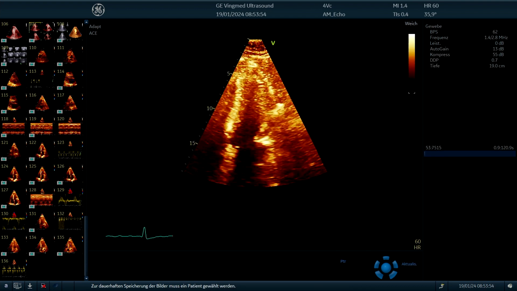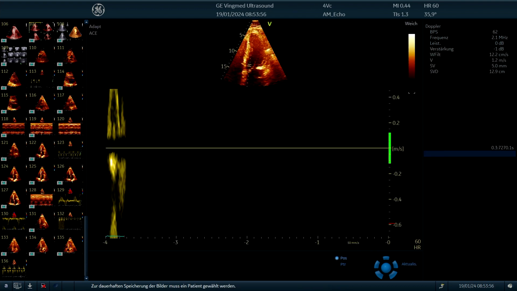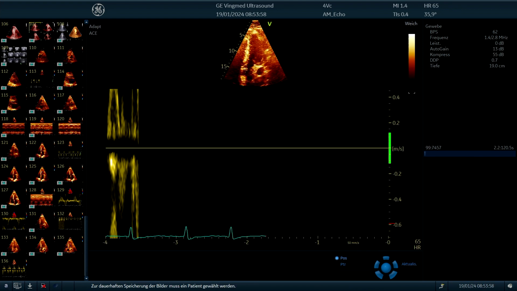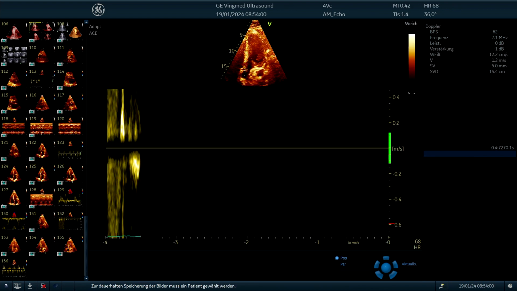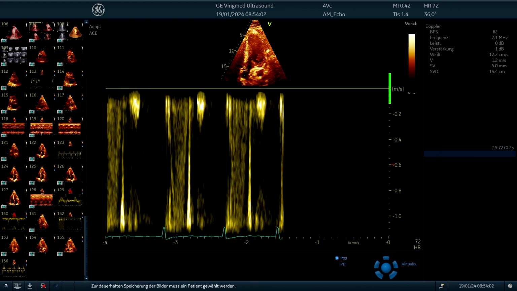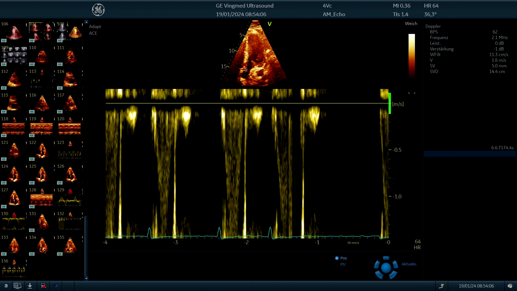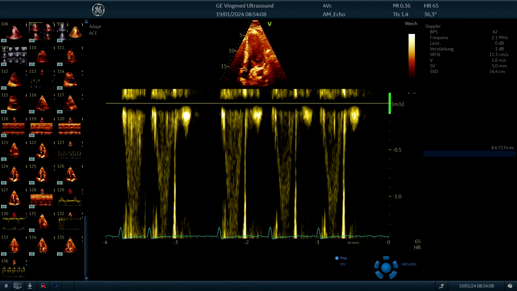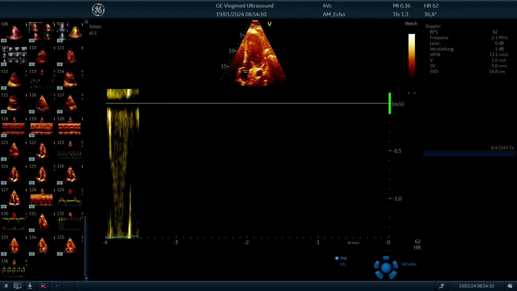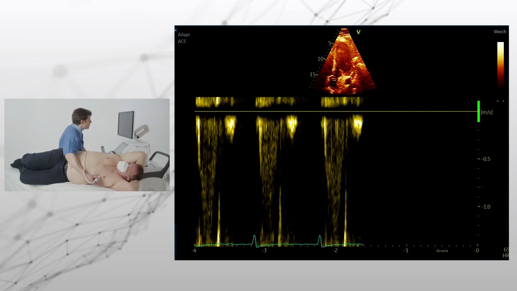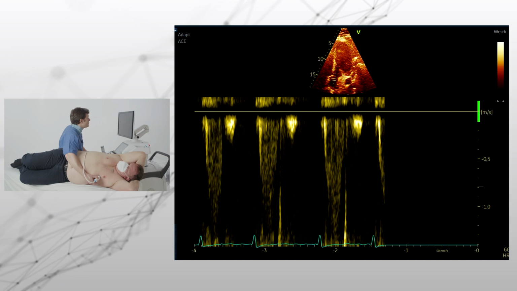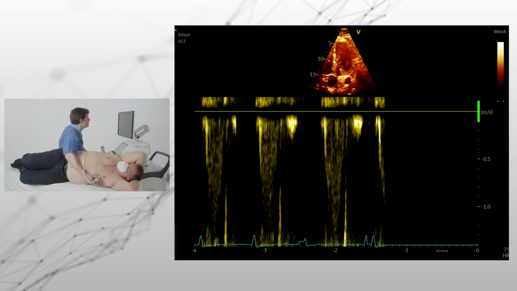And how do we know where actually a gradient is? We can use pulsed wave Doppler. So in this case we can start, for example, at the aortic valve. That makes sense, because when we optimize our settings, we do see that in the aortic valve, of course, there is turbulent flow. You can also see the signal is overall incomplete, so we have to move a bit backwards to reach our